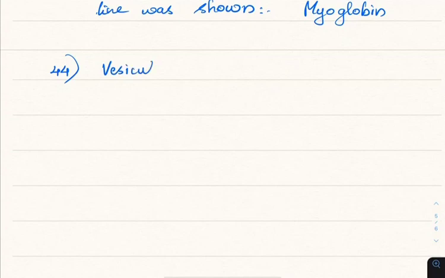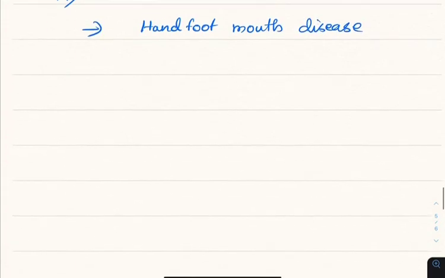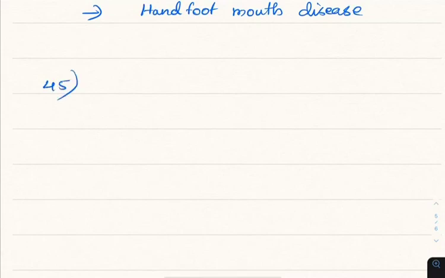Next question is, vesicular rash is seen in. So few options were there: dengue and hand, foot, mouth disease. So the answer here is hand, foot, mouth disease. This is a direct question. And the next one,